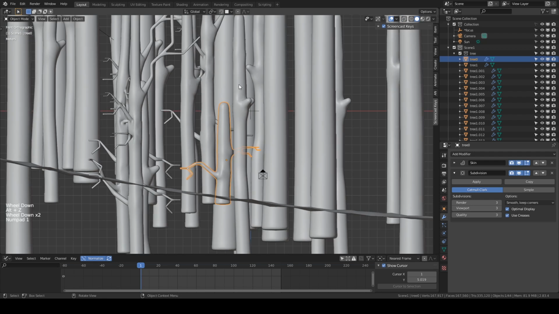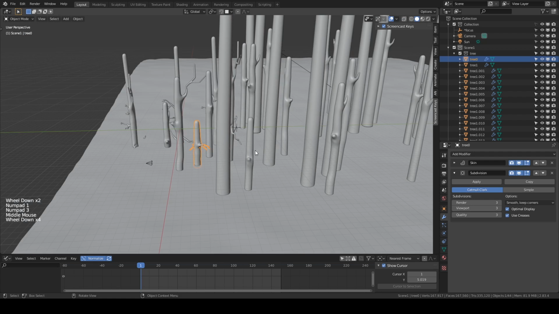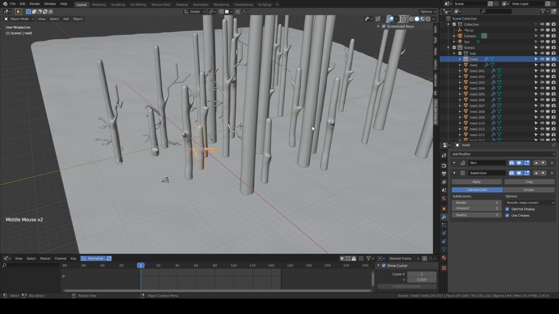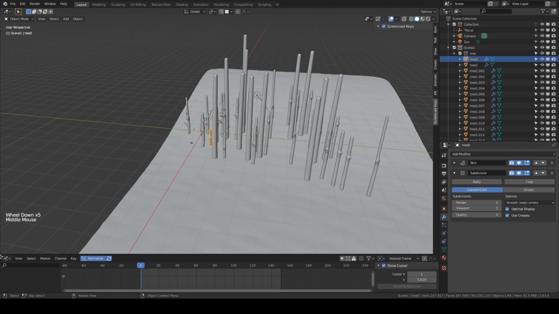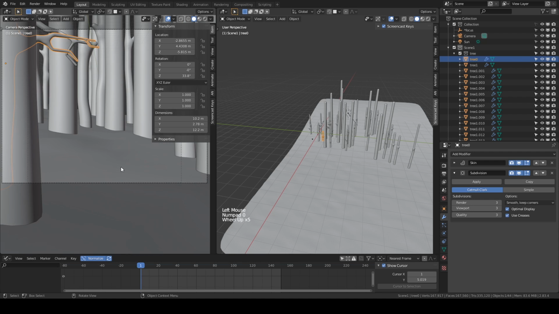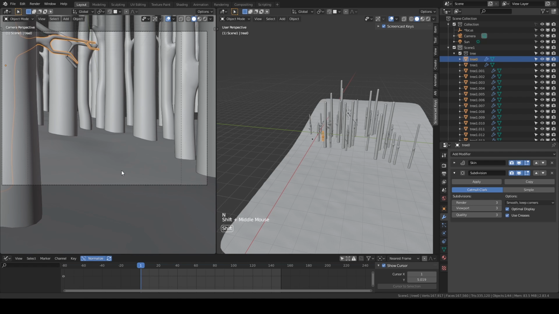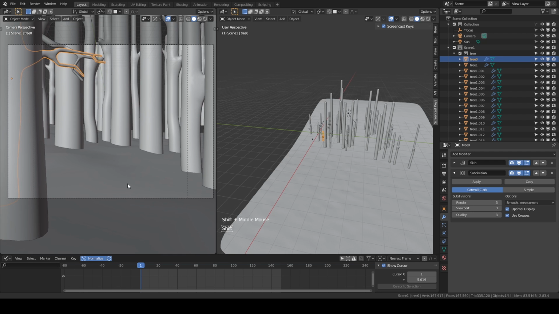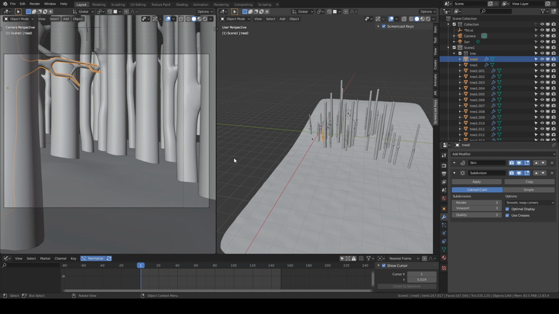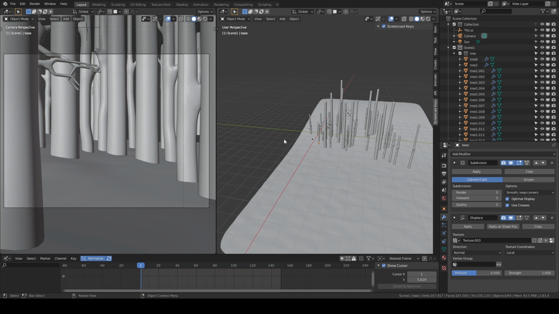Once one of the trees was done, I duplicated it multiple times to set up the scene, in no particular order, but whenever I had to build the scene, I referred to the camera view and tried to build upon it. Since I knew that I was going to keep my camera static, it was easy for me to work that way. In order to make sure the look and feel was right, I started creating the materials right away.